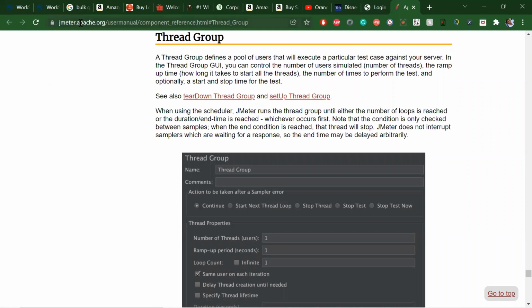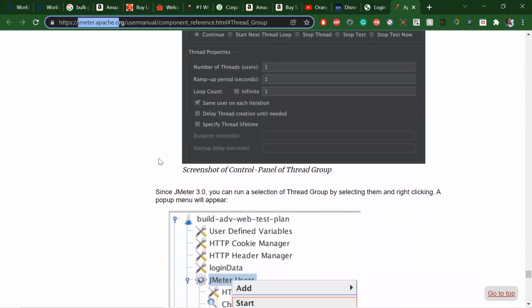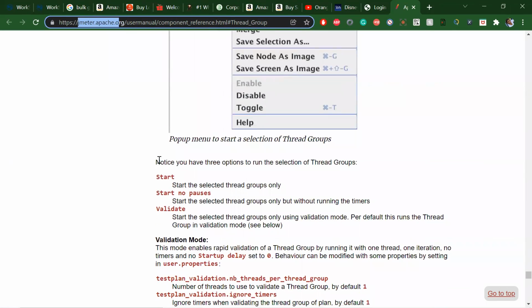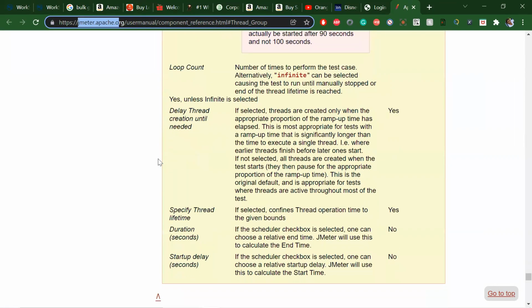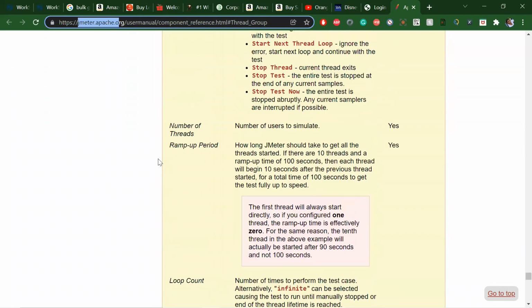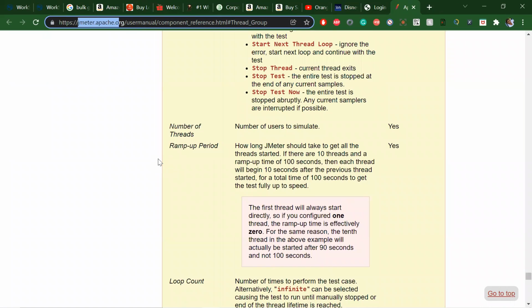See, this is the JMeter website, and it's got the thread group. Now we'll see what the same user each iteration is.